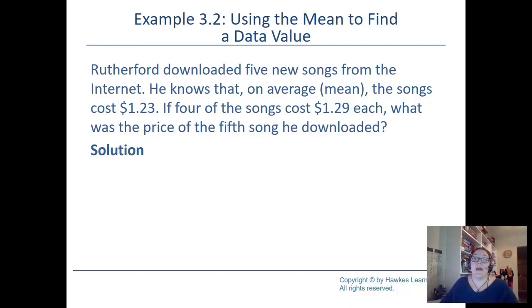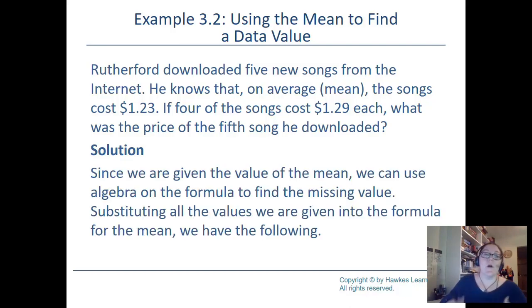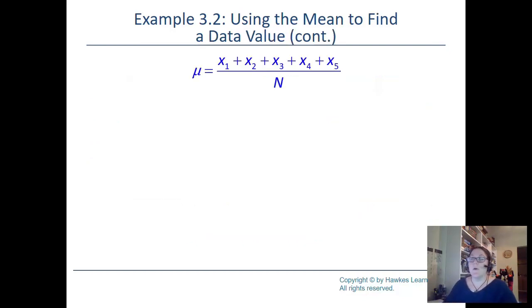I already know the average, okay? So we are already given the mean. So what we can do is use that formula for the mean and tweak it a bit with that missing value. This is where using a little bit of algebra is going to help out. I can't really use my calculator to help me, but I can use some early beginning algebra, solving equations, to help us out. Okay, so my formula here is x sub 1 plus x sub 2 plus x sub 3 plus x sub 4 plus x sub 5,